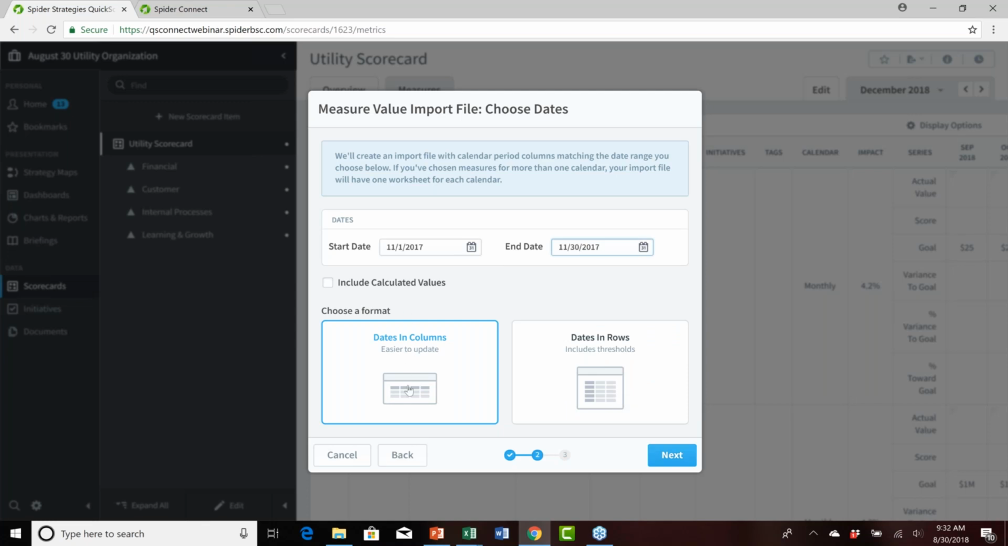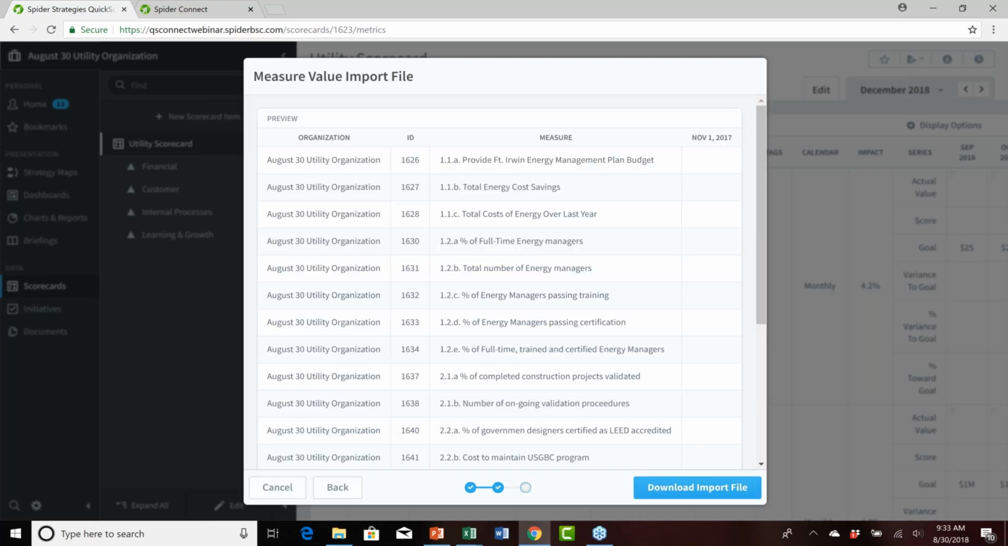I do want my dates in columns so that, again, it's formatted like we saw in the presentation that I showed you earlier. If by chance you are aspiring to also update any thresholds in your scorecard via an import process, then you do need to flip it to have the dates in rows. That's another topic that we're not going to be covering today, but if anyone has curiosity about that, feel free to contact me anytime. But today, we're keeping it simple and using dates in columns as the format we desire, and we'll click Next,